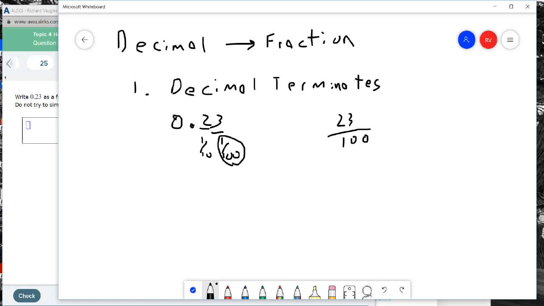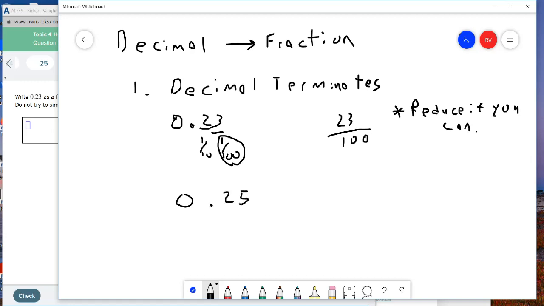But here's the thing, make a note to yourself, reduce if necessary. In this case, 23 and 100 are relatively prime, meaning they share no common factors, and therefore this fraction cannot be reduced. But consider the example of the terminating decimal,